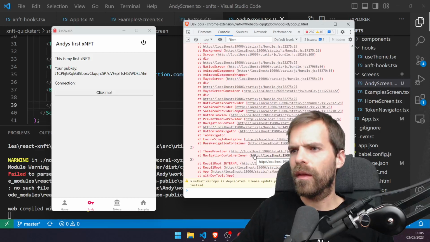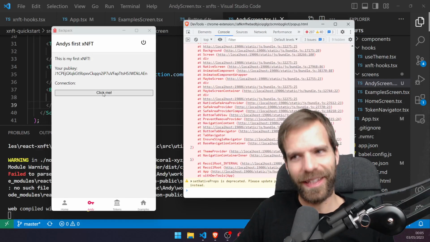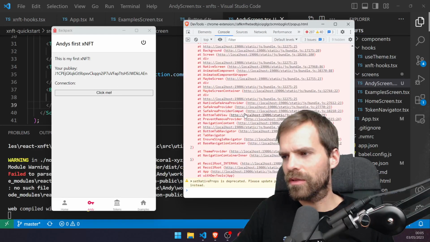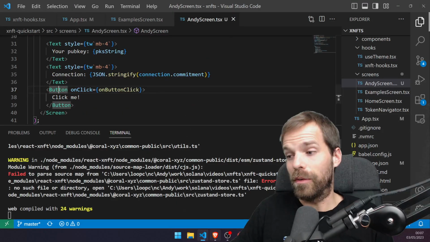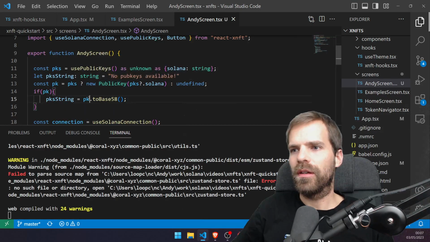Oh, error. But I have the button here. It's an ugly button, but it is a button. Button is using incorrect casing. I'm either using the wrong button or the wrong whatever. Yeah, but let's see if it works. I mean, okay, wait, it doesn't do anything. I can't even check if it works. Guess we